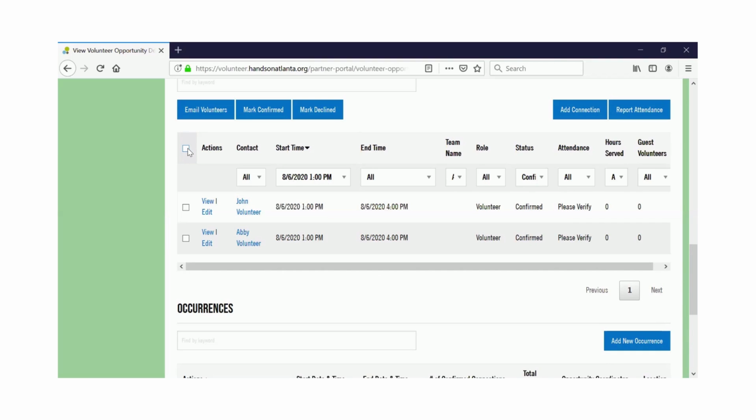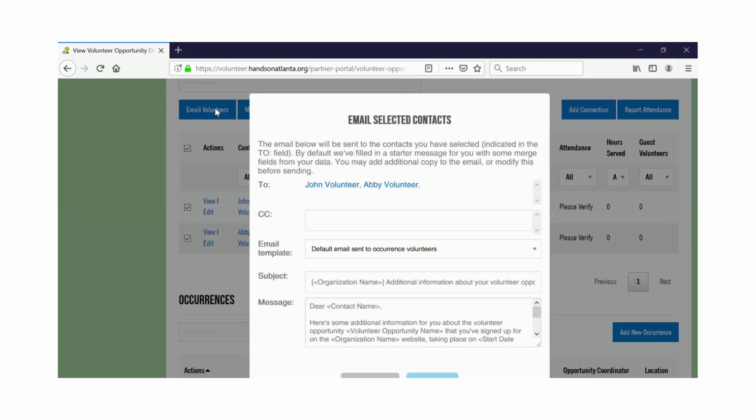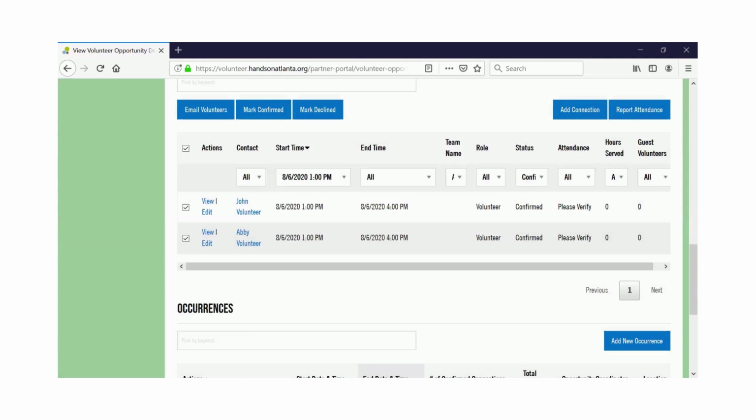What I can do is click this top box to put a check next to all of their names, and then I can click email volunteers. A pop-up box will show up, and it has various merge fields that you can edit and change. When you're ready to send, click send. We have a couple of email templates listed, including one for waiver. Just keep in mind that you will want to keep the merge field for name, because it will say dear, and then it will have their name. You can edit this email as you like,